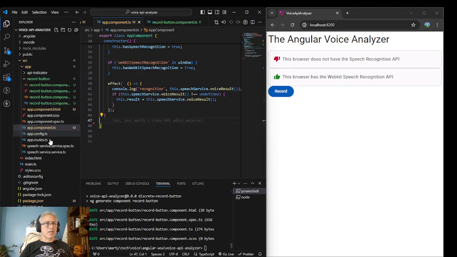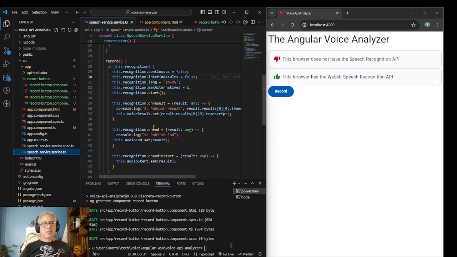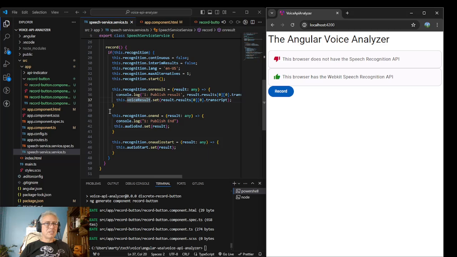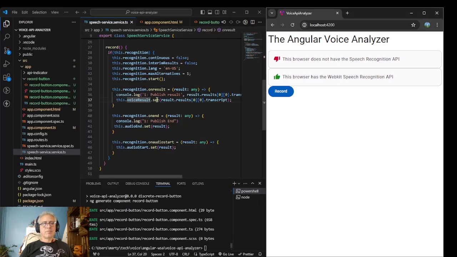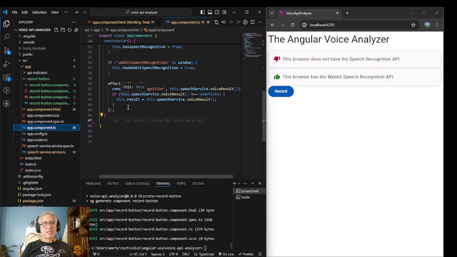So let's go over here. I really don't know why this didn't work. Let's see, record. This happened. Audio start got published. Audio end got published. And published result happened, right? Published result, say something. Published result. That's so funny, that's got a 1 in front of it. 2. So then this set that, and so what should have happened was in the app component itself, this effect